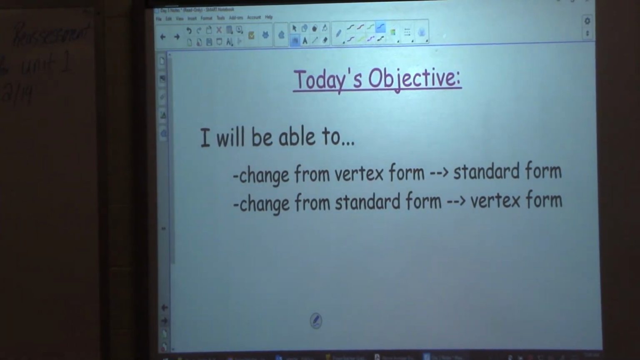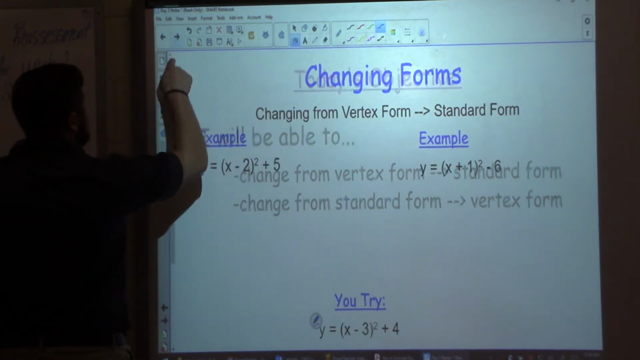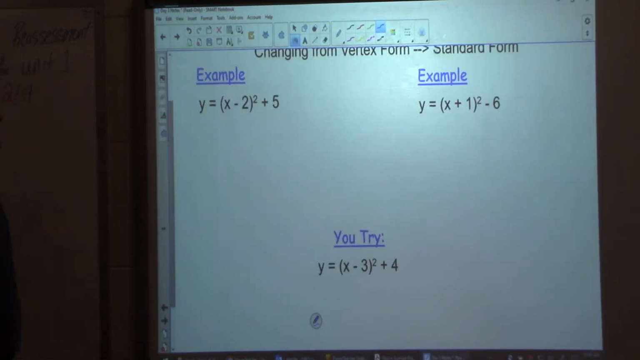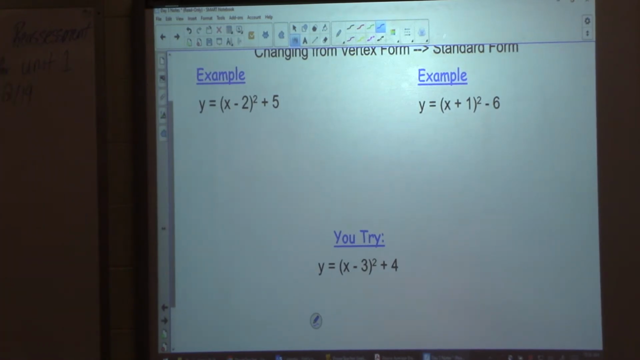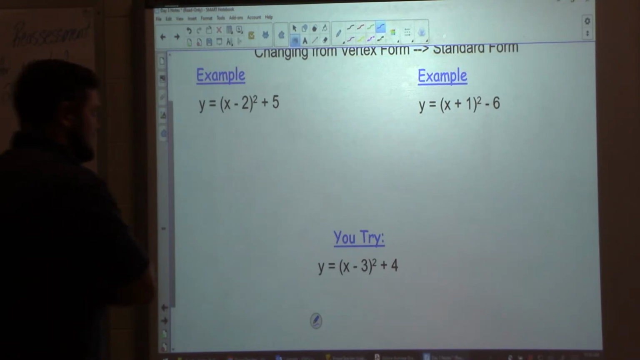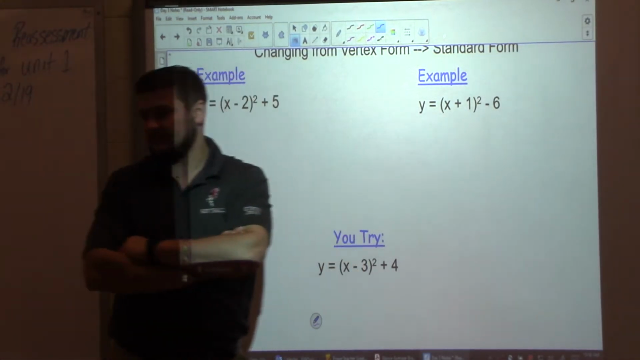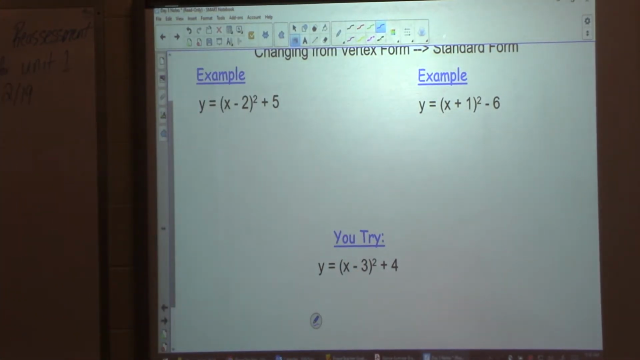Alright, so the first part we're going to do here, vertex to standard, is going to be easy. Changing from vertex to standard, look at it. y equals x minus 2 squared plus 5. Do we all agree that's in vertex form? A times x minus h squared plus k, right? To change it to standard form, all we're going to do